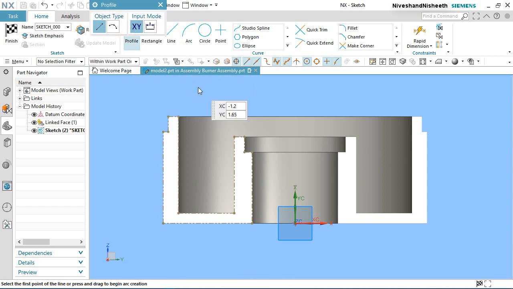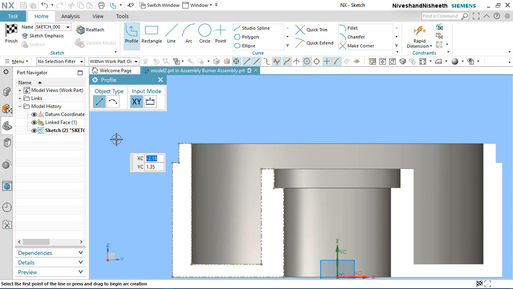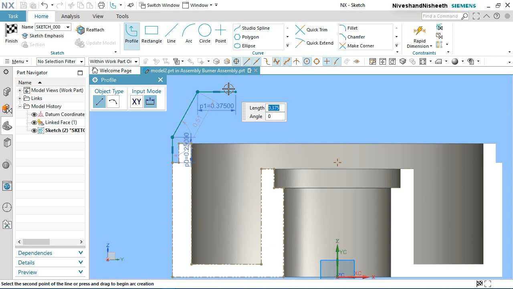Activate the profile command and start the sketch from this point. 0.25 inch, 0.375 inch, OK.